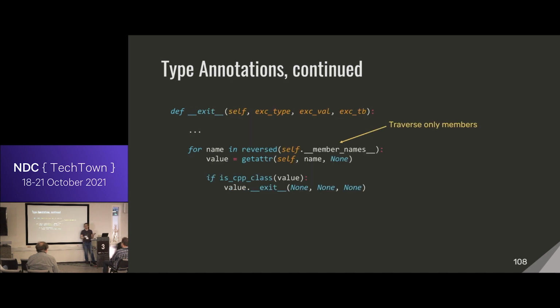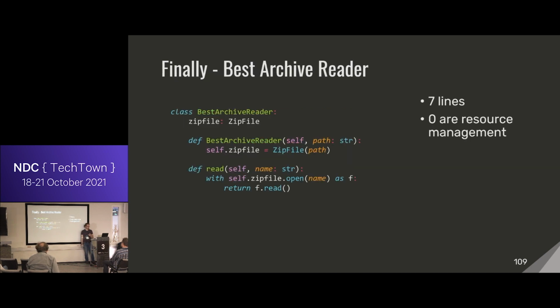Then, in the exit method in our destructor, instead of going through all the members of the class and checking whether they are variables or not, we just go over the names, and we already know those are member variables because that's what we defined, and so we destruct them. Now, we're basically done. We have 7 lines of code, and no lines are for resource management, and everything just